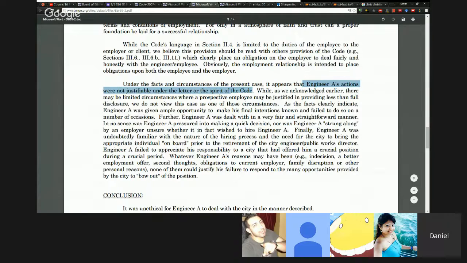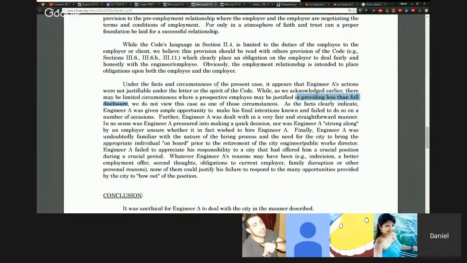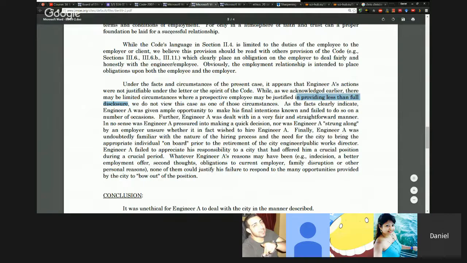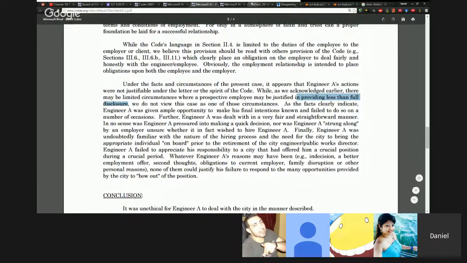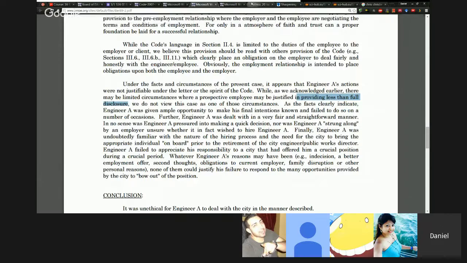Well, there may be circumstances where a prospective employee may be justified in providing less than full disclosure. This is another thing. The issue is about whether the engineer is required to fully disclose all his interests, especially what other negotiations he's going through in his own home city. And the code recognizes that employees aren't required to entirely fully disclose everything, because part of the point of a job interview like this is to present yourself in the best possible light. So obviously engineers are going to